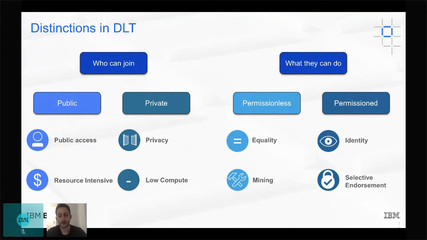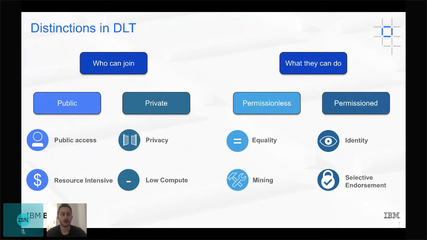And when we think about all these different architectures, what's important to know is that there are very different protocols or frameworks that are focused on certain aspects for certain types of networks that need to be built. So there are public blockchains or distributed ledger technologies, and there are private ones. And then there are permissionless and permissioned ones.